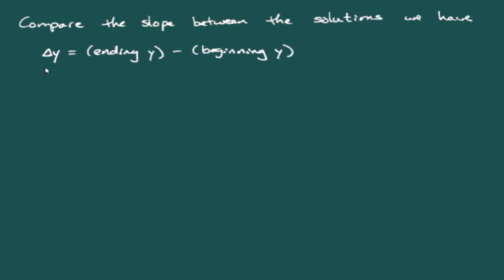So if we say that our change in y is the ending y minus the beginning y, and the change in x is the ending x value minus the beginning x value,